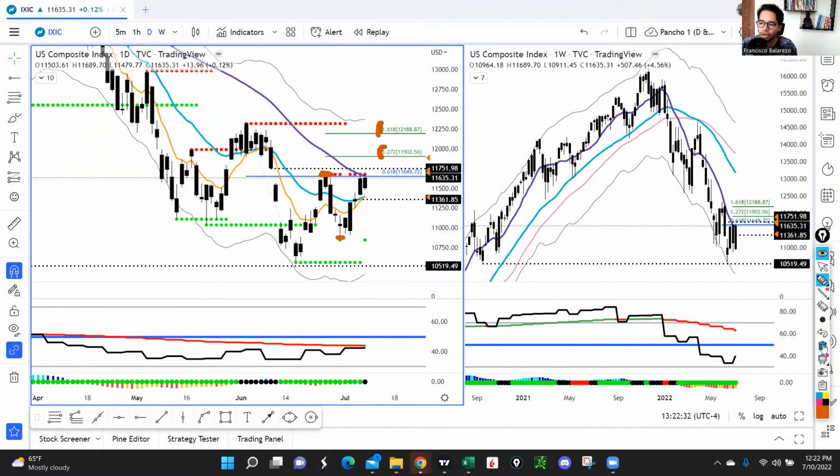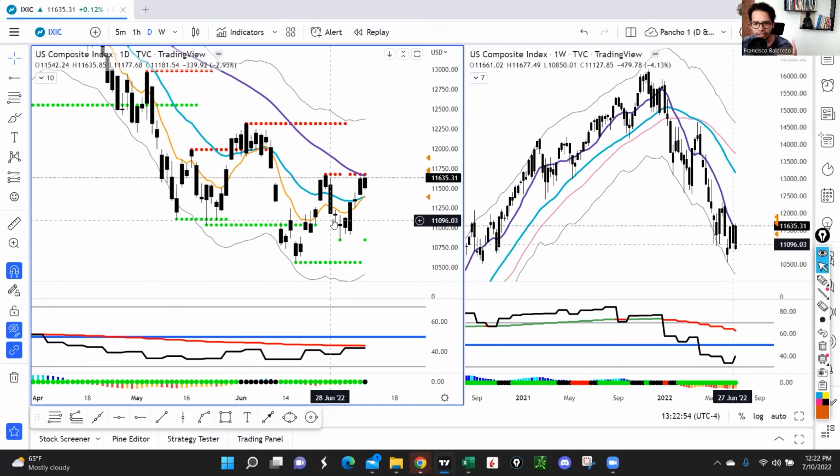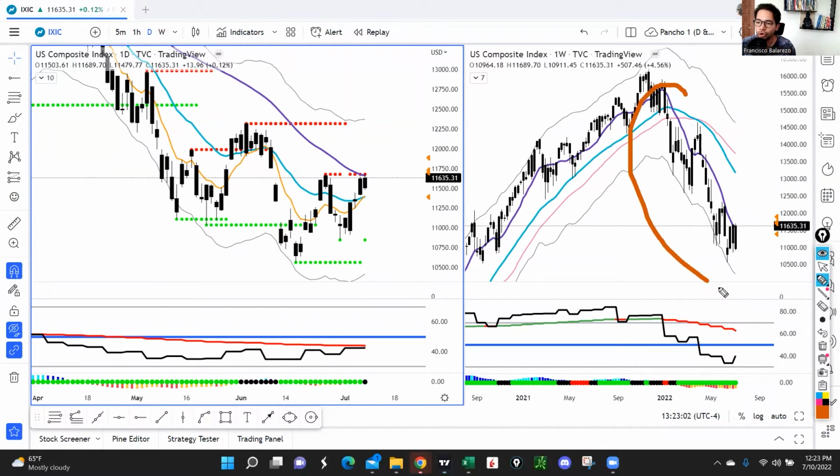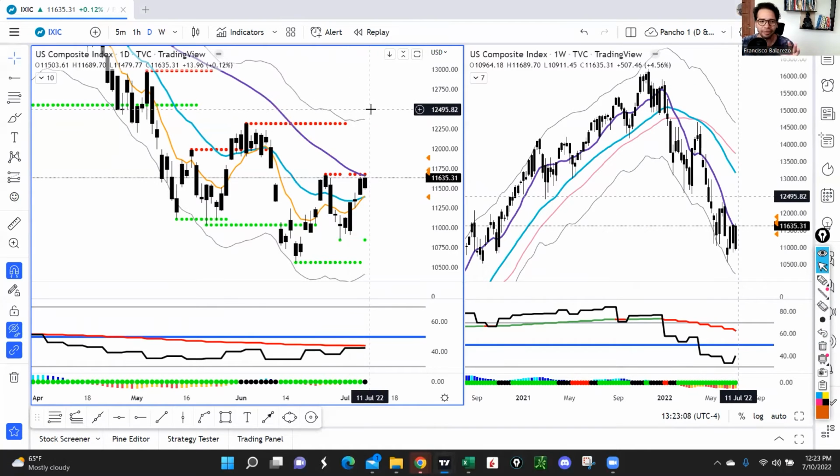And of course, I'm going to be looking for a move to close this gap that we have right here, and then perhaps a move into this high right here, somewhere around 12,300 in the Nasdaq Composite. So that's what we have right here. I think that the change in price structure that we're seeing suggests that we're going to see a short-term, counter-trend rally in what has been a really strong bear downtrend. I think this analysis applies to most of the other indexes,